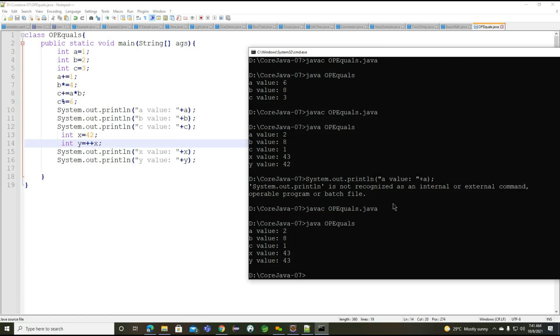Now you can see y we are getting 43 and even x we are getting 43. So now you can think about this particular example. Why is the y value incremented to 43 here?